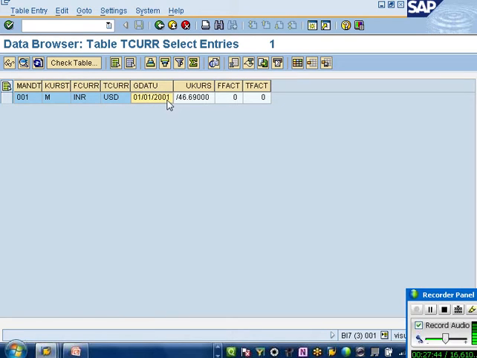So I'll try to use some date before that, December 2000. So in this table it clearly says, for this exchange rate type M from INR to USD, which is valid as of this date, what is it? /46